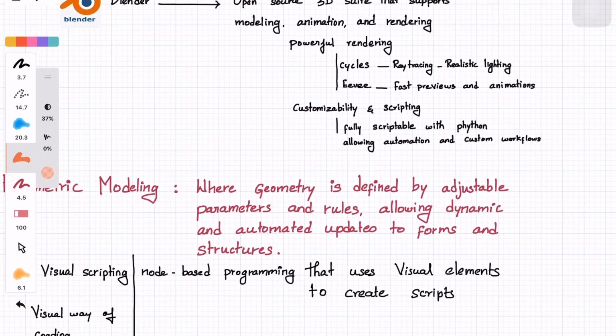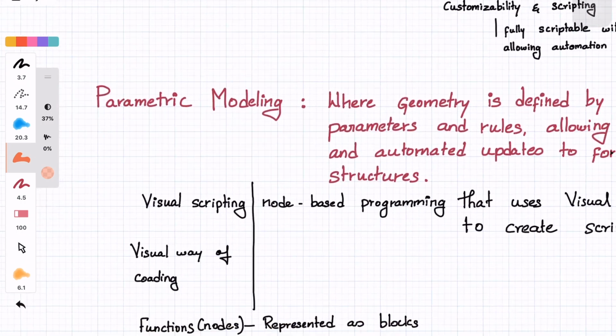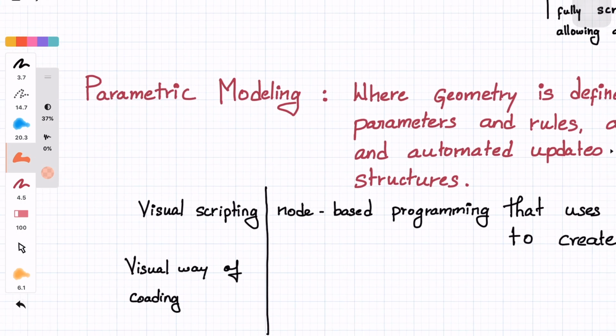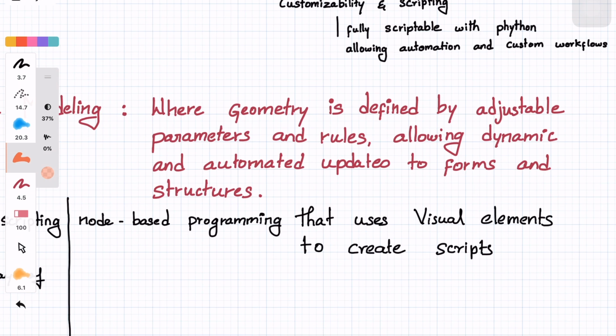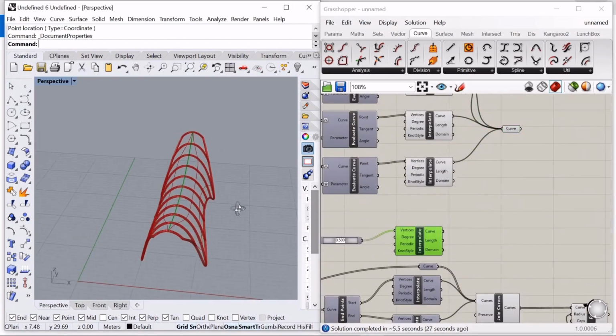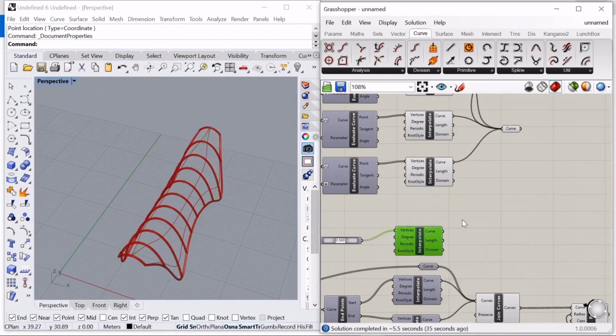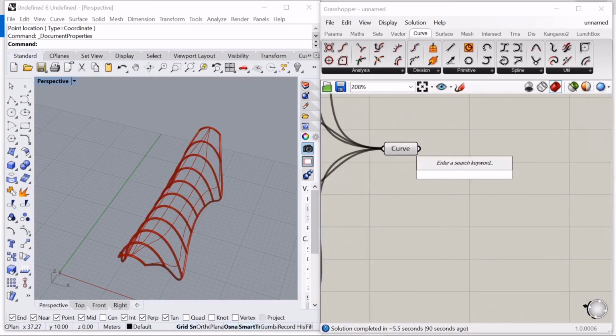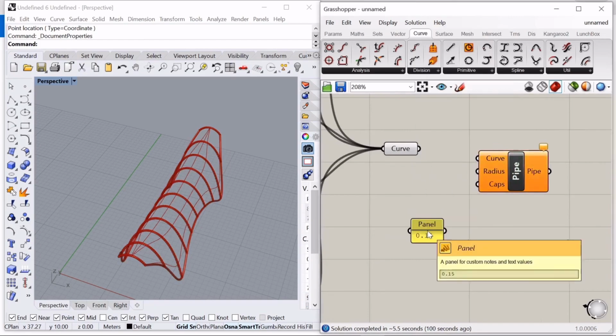Next comes parametric modeling, where geometry is defined by adjustable parameters and rules, allowing dynamic automated updates to forms and structures. It works on visual scripting, that is node-based programming that uses visual elements to create scripts. It is a visual way of coding. It has functions, that is nodes, which are represented as blocks.